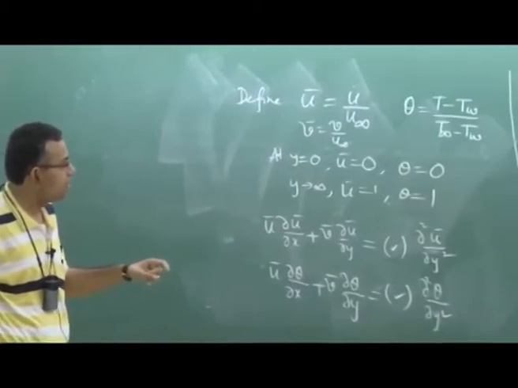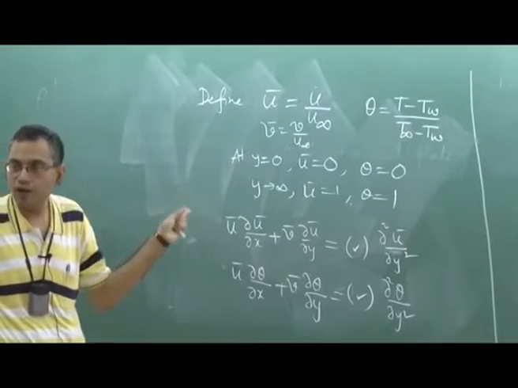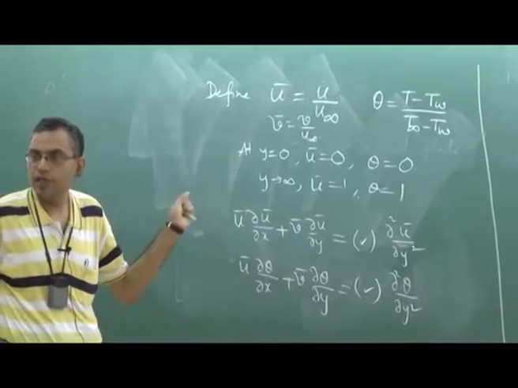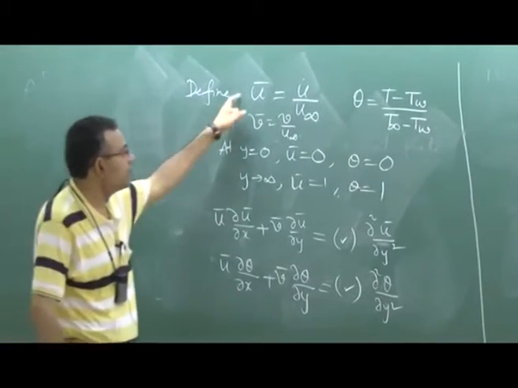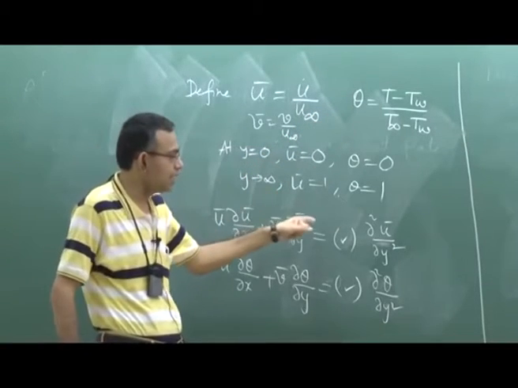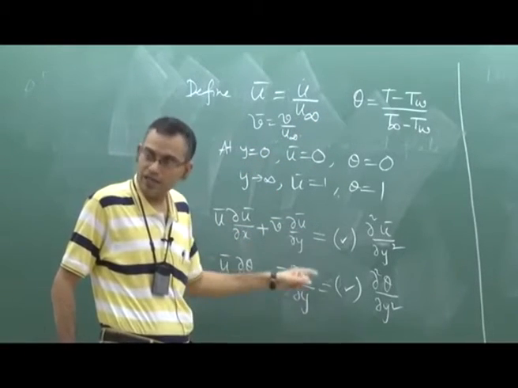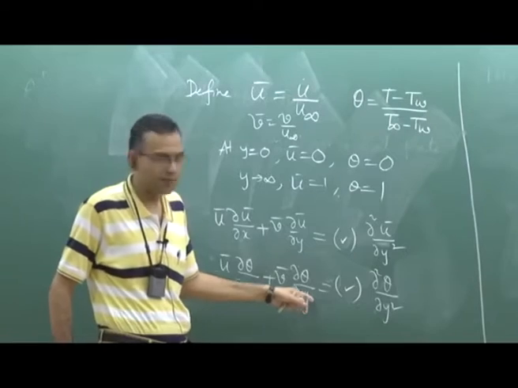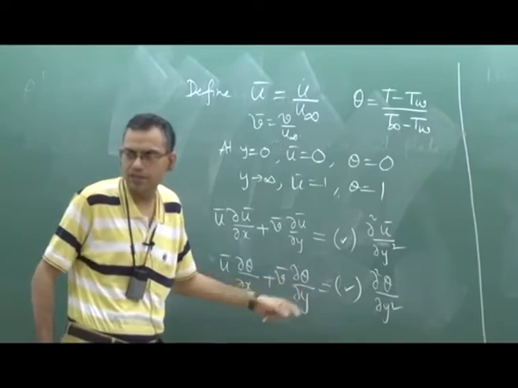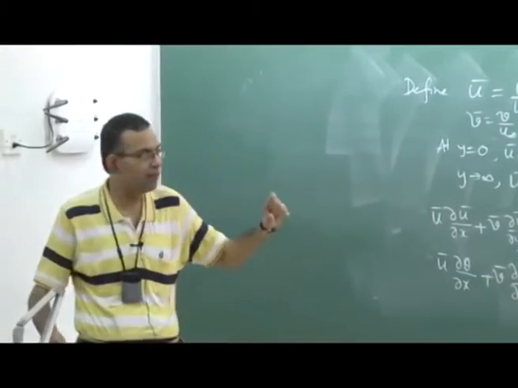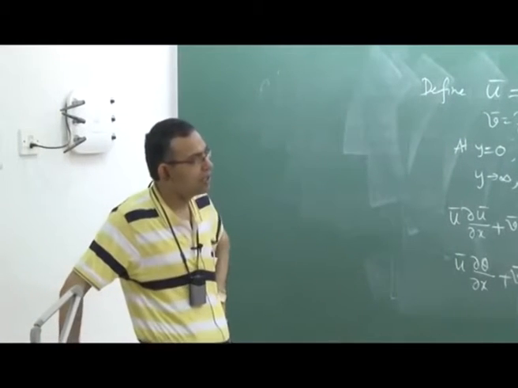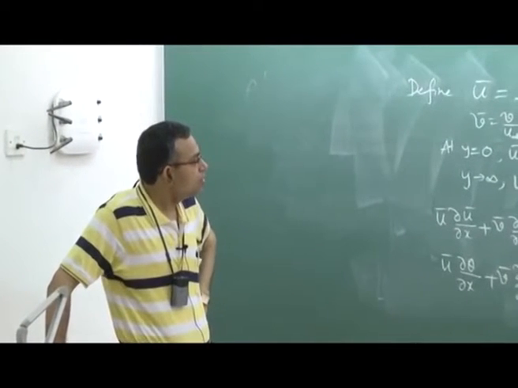So you change the variables from u, v to u bar, v bar and from T to theta by using these definitions in that equation. You will get equations again in the same form. It's very little algebra, nothing is there to show this, even by observation you can say. So then